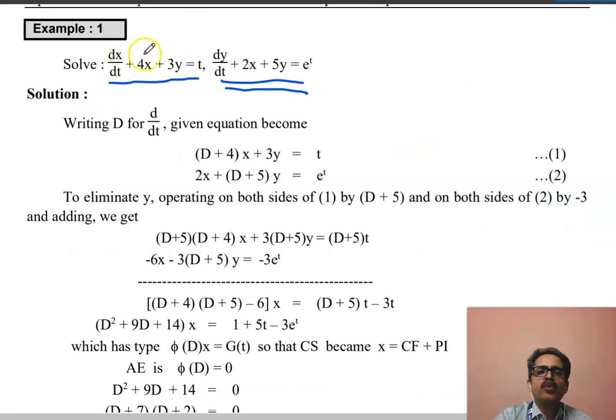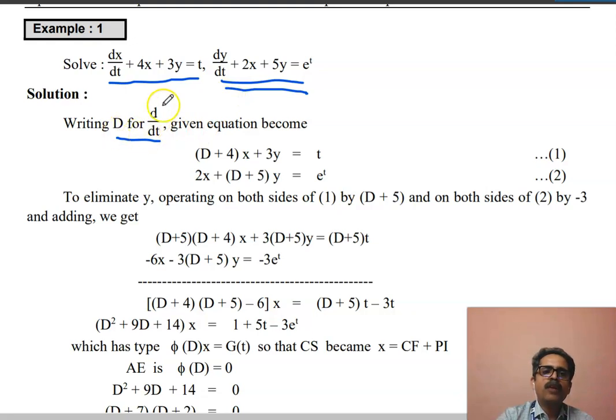We have two linear differential equations together. So these two equations taken together form a system, and we have to solve these two equations together. So here x depends on t, y depends on t. So use D operator for d by dt. And what is our expectation? We have to write solution x in terms of t and y in terms of t as an equation.